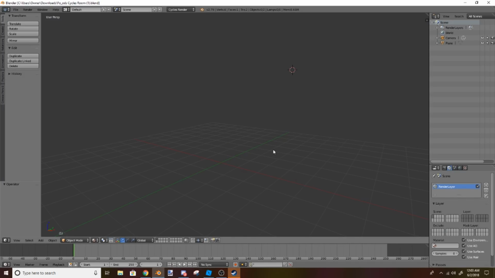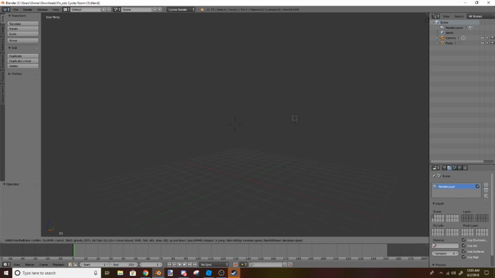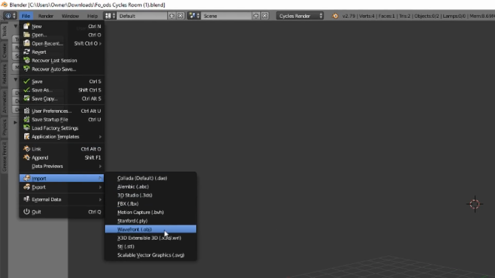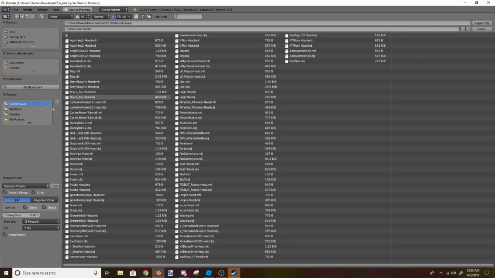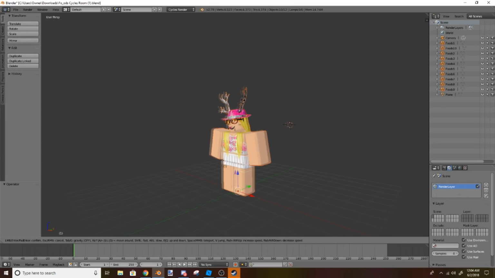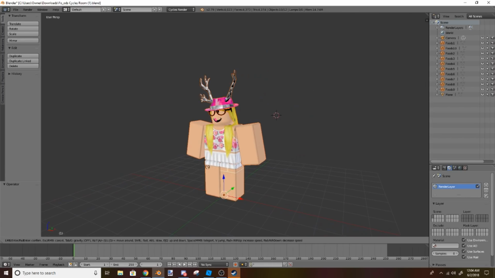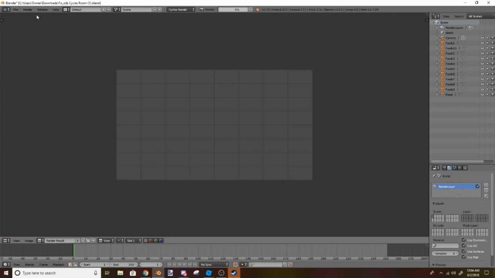And now we can go ahead and go back onto Blender Cycles so we can see our Lightroom again. Then click File, Import, Object, and then go to where we saved it, which is Recent Saves. And now we just have to find it. There we go. Now double click it, and see, once you import it, it has all of its materials, so you don't have to go through the effort of editing that. And the best part is when you click Render and Render Image,